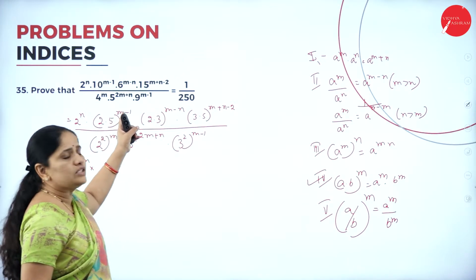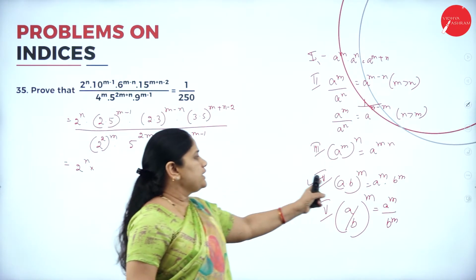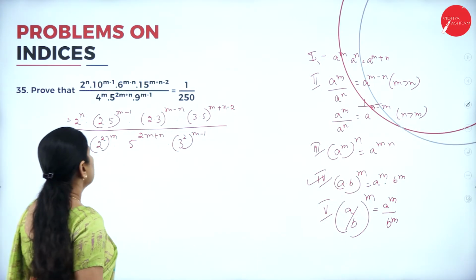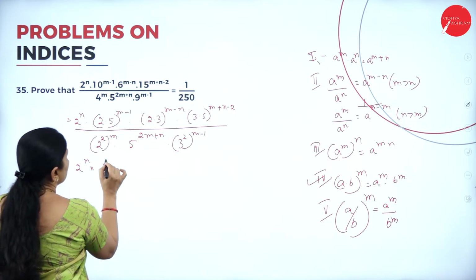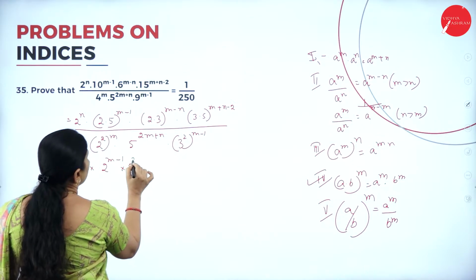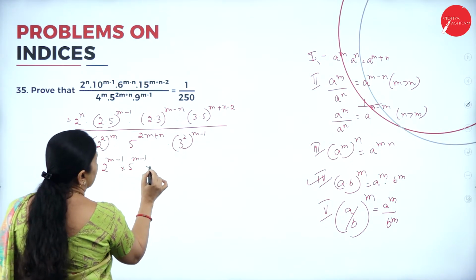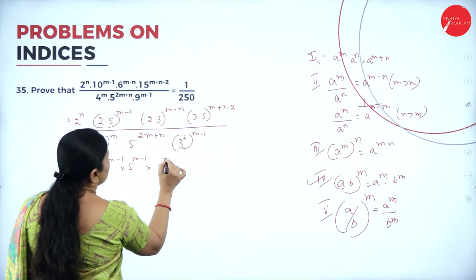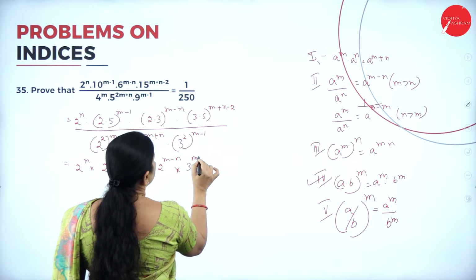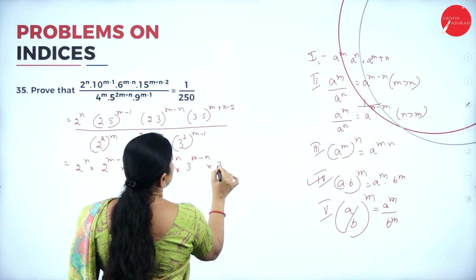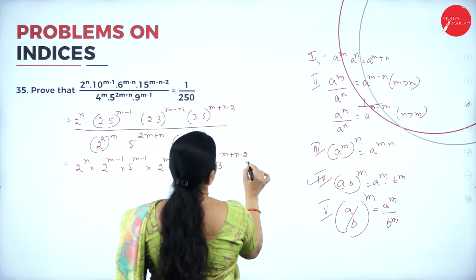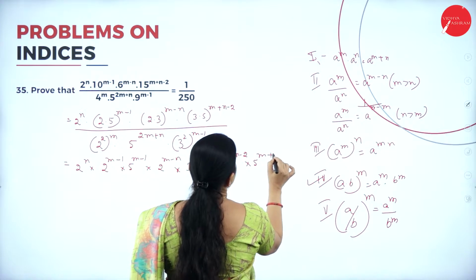So 2 into 5 to the power of m minus 1. So a into b to the power of m equals a to the power of m into b to the power of m. So I will split it as 2 to the power of m minus 1 into 5 to the power of m minus 1. Then into again 2 to the power of m minus n into 3 to the power of m minus n into 3 to the power of m plus n minus 2 into 5 to the power of m plus n